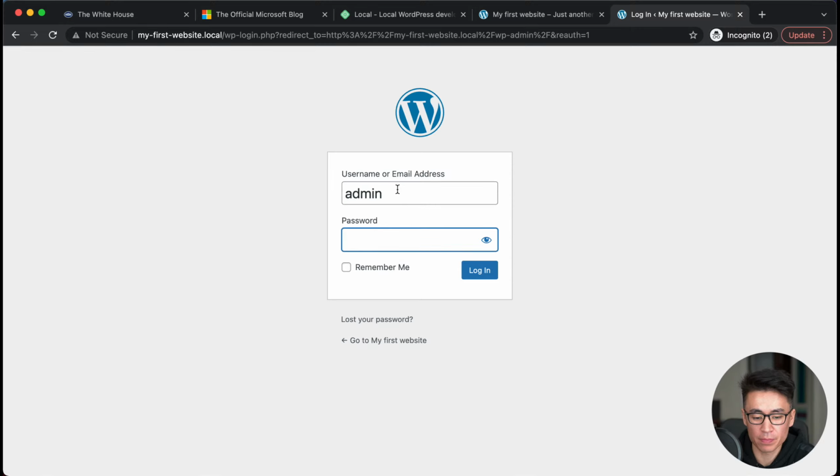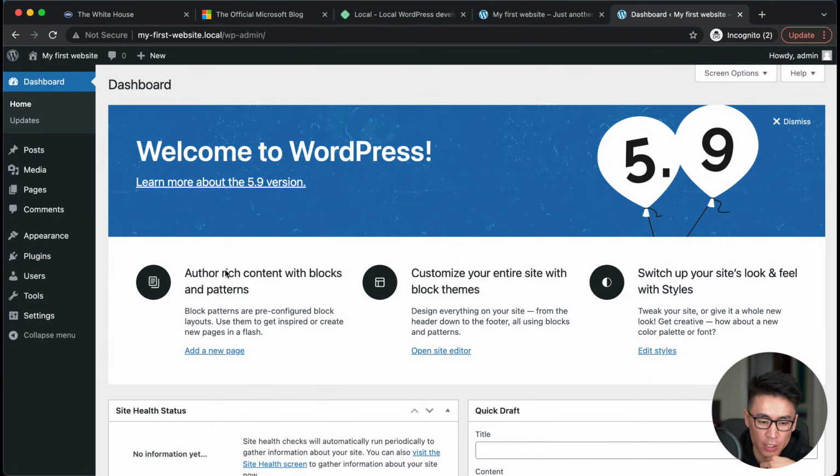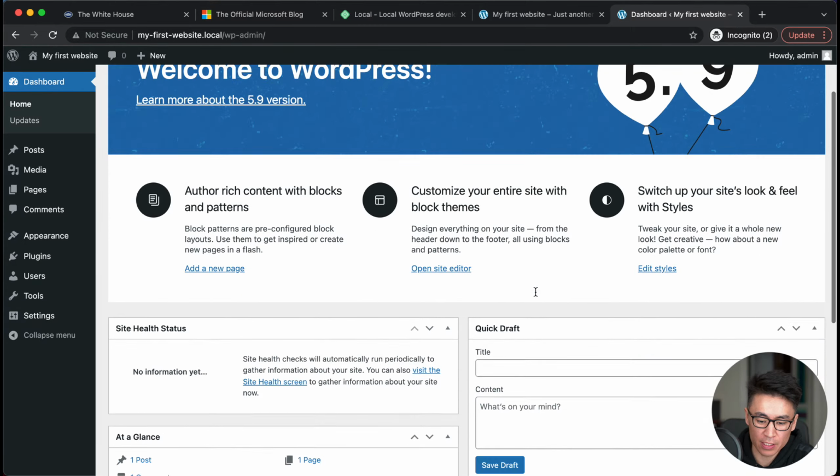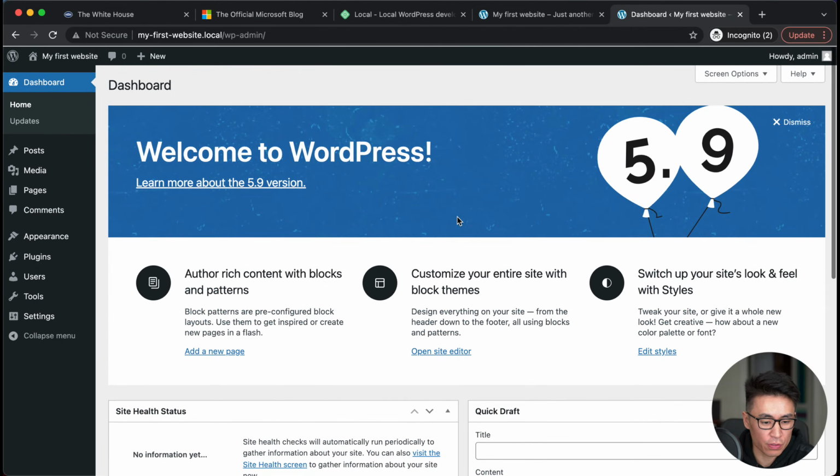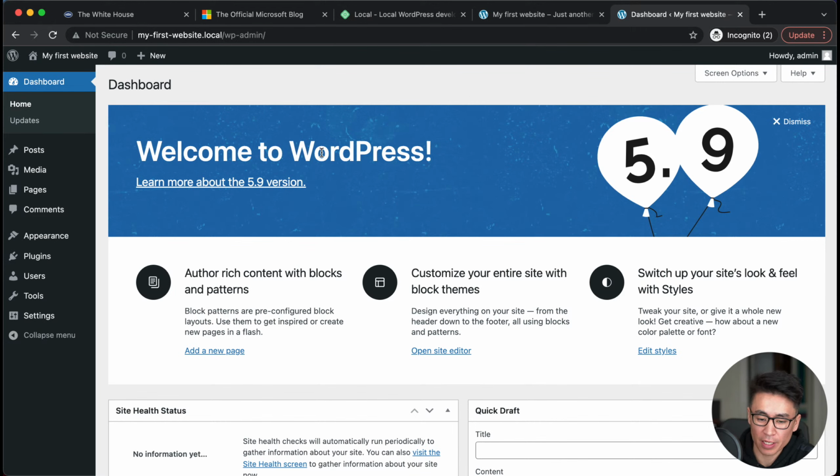You enter admin, and the password is admin. And login. So now you have your own website, right? This tool lets you create websites. This is Local. I hope I'm saying it right. Local helps you create a website like this, and you can play with it however you want. That was today's goal, but there's some problem.